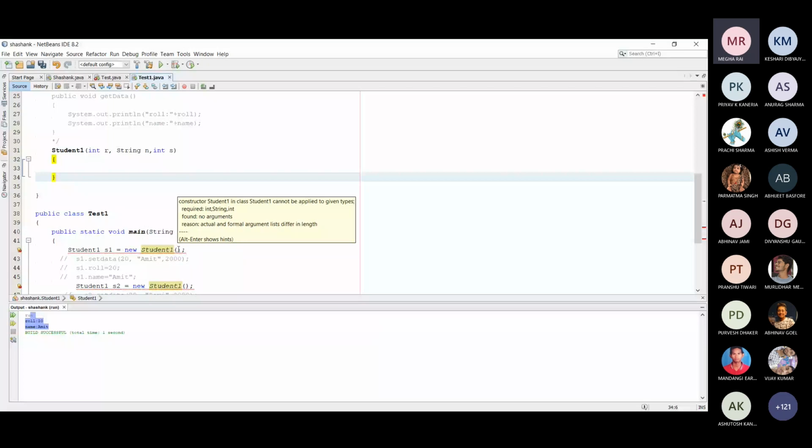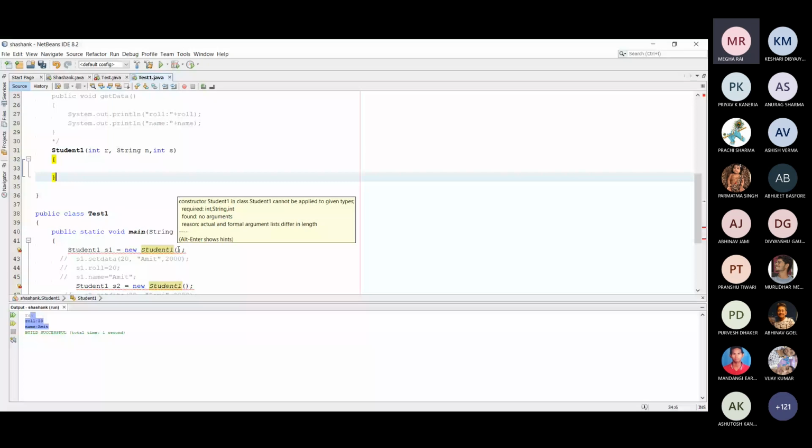What do we have to do now? What can we do in this particular case? How can we initialize this? How can we write this line? Student S1 equal to new student 1.